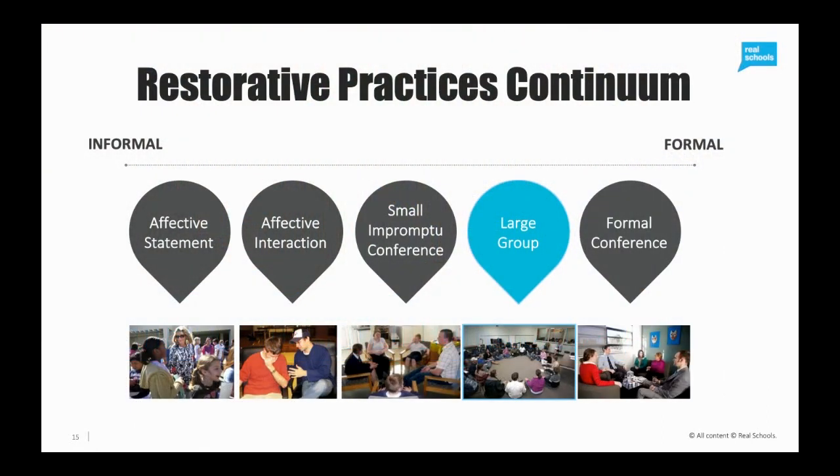The last couple of things I wanted to mention just briefly before we talk about reflection are the large group stuff. So that's about circles. We've spoken about that briefly as a group. We'll do more of that in our training as we move forward. But also, if you want to look in the member section that you've got access to, I'll talk about that at the end of this video. You'll see that there's a webinar in there called Restorative Classrooms, around restorative circles. And if you go and look at that webinar, it'll tell you everything that you need to know to get started with it.